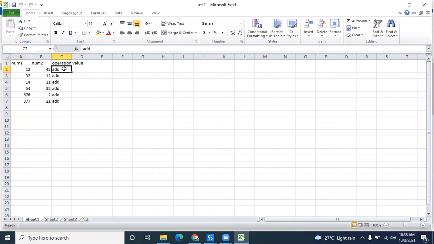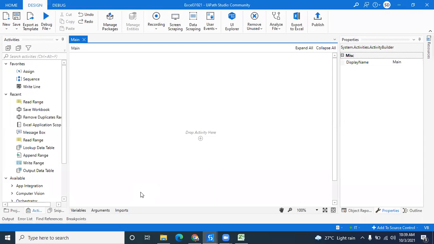Depending on the operation, initially I'll do only addition. After completion of this, I will start with other operations like subtraction, multiplication, and division. So what happens in a UiPath for each row activity? Each row is taken by the for each row activity, and the operations are performed. For example, for addition, my first item is taken as 12, the second item as 42, and we can perform some operation. For that we need some activities to perform this operation.